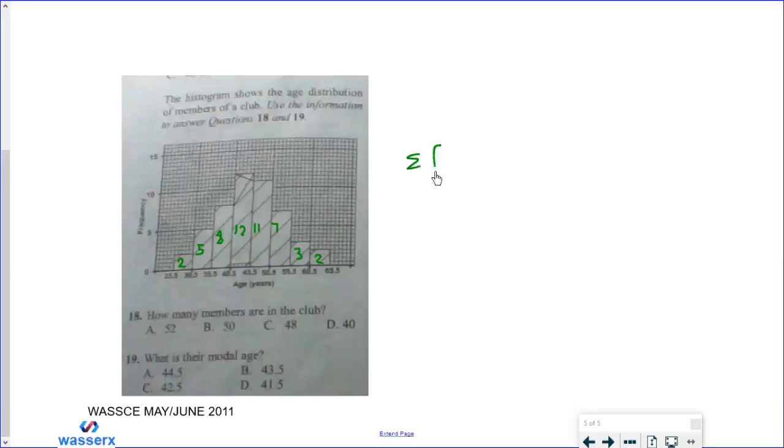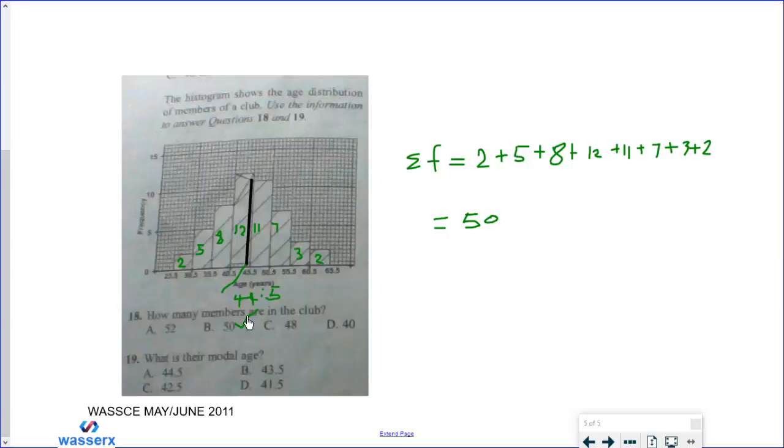So sigma f is going to be a sum of all these frequencies. So 2 plus 5 plus 8 plus 12 plus 11 plus 7 plus 3 plus 2, and this is giving us 50. So the correct answer is 50. Now the next question says what is their modal age. So from the graph we determine the modal age, and that is going to be